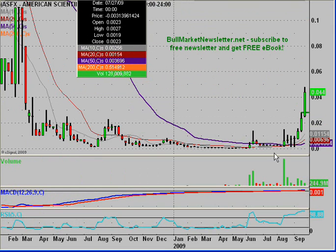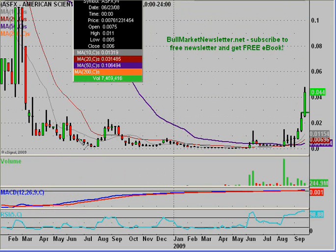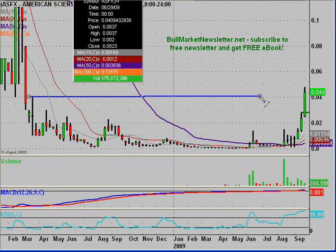So as you can see, it's just been a monster move. I'm having to go back to 2008 to find these levels. And today, actually, I'm not sure. Let's see where it closed relative to this. It did break through this. Okay, so 0.04